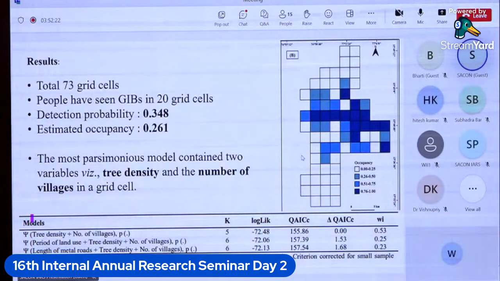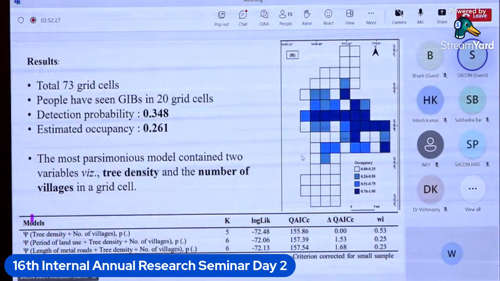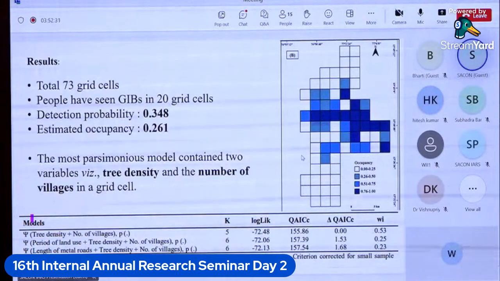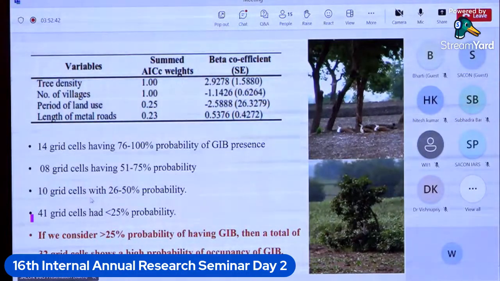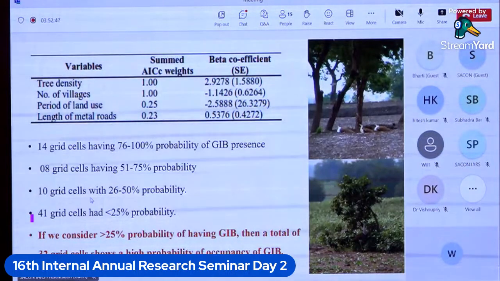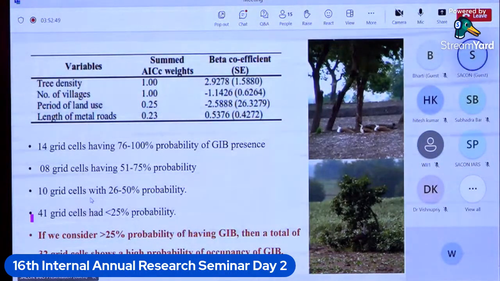Most of the grids have very few trees or no trees, and if the tree density is very high, then the species was not recorded. And tree density, of course, if you see, since the area has high temperature,